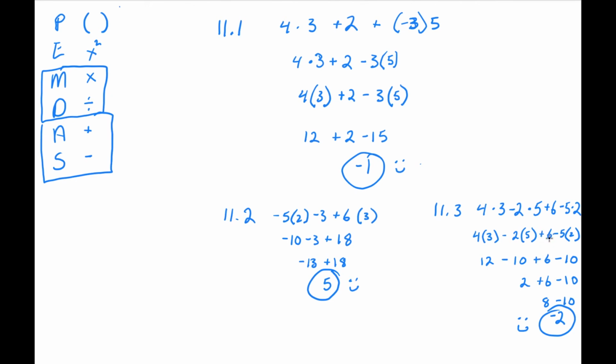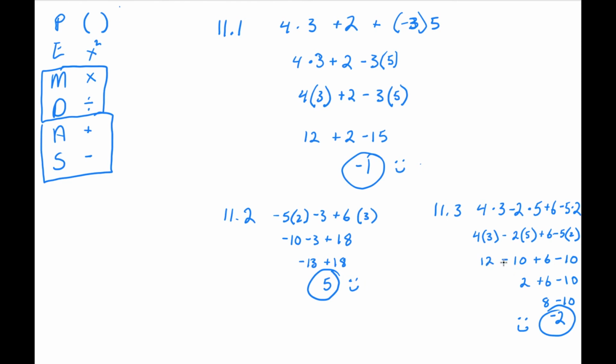The 6, it was an addition. You couldn't do it yet because you're still doing multiplication. So bring it straight down. And then you had this last multiplication, which was negative 5 times 2, which gives you a negative 10. So now all I have left is addition and subtraction, so I'm going to do it in the order